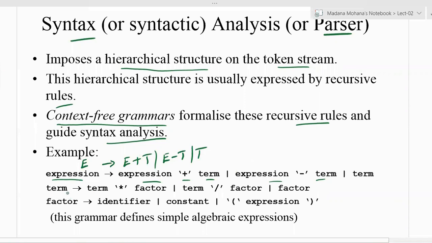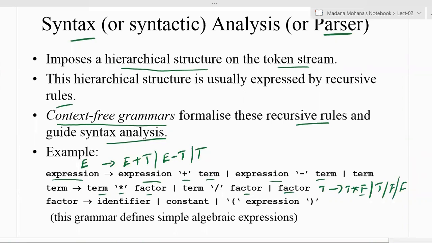Term is again defined as term into factor, or term by factor, or only factor. So this is nothing but T derives T into F, or T by F, or only F. Now what is the new variable? F is the new one. So what is F?